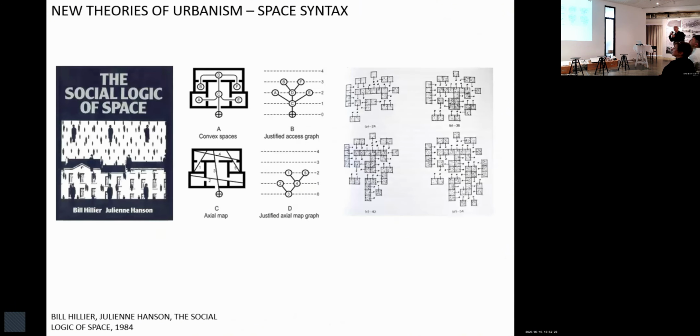And then some theory comes along. So Bill Hillier, and this is not a computer generated diagram. This is a hand-drawn diagram because his theory is from before this could have been implemented with a computer. But it makes sense of space. It's like a computational theory of how cities should look, how they behave. Actually, it's more about looking at the cities and how they should be.